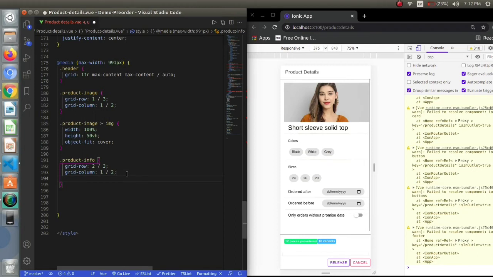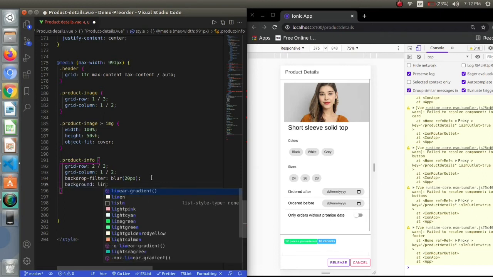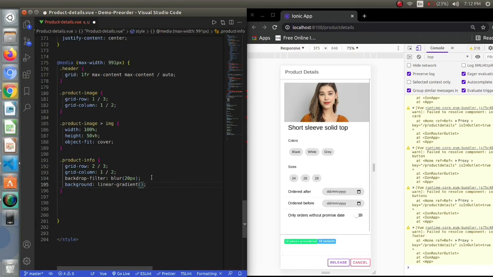I will be providing some blur effects to this, and in this way we can provide a 20 pixel backdrop-filter blur effect to this, and we'll be setting the background property. Use the linear-gradient, set it to bottom, so that when the next thing starts, that is the product info filters, it will end over there.